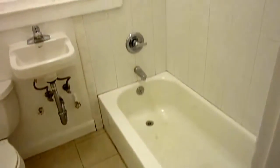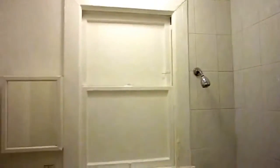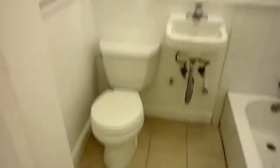There's an entry hallway, a full bath, with floor-to-ceiling tiling around the tub, cute little sink and a tiled floor. And then you also have another way to access your walk-in closet off the hallway here. And the walk-in closet has some nice shelving. There is, of course, a door